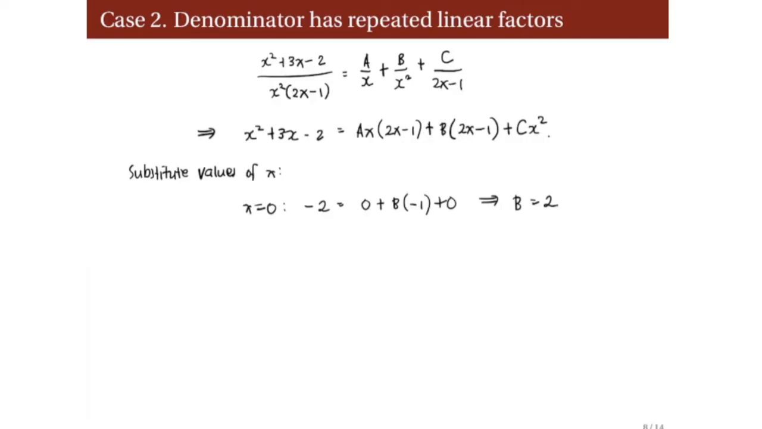Ano pang value yung pwede natin i-substitute? Again, gusto natin mag-vanish yung mga terms. So, pwede natin i-substitute instead ngayon yung magpapa-0 kay 2x minus 1. So, we could let here x equals 1 half. So, when x is equal to 1 half, yung nasa left-hand side would be 1/4 plus 3 halves minus 2. Again, 1/4 plus 6 over 4. So that would be 7 over 4 minus 2. So minus 8 over 4. So that would be negative 1/4